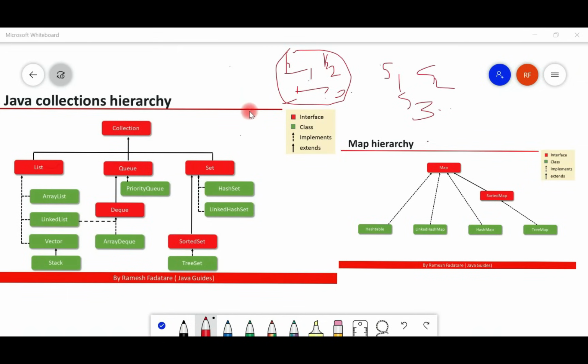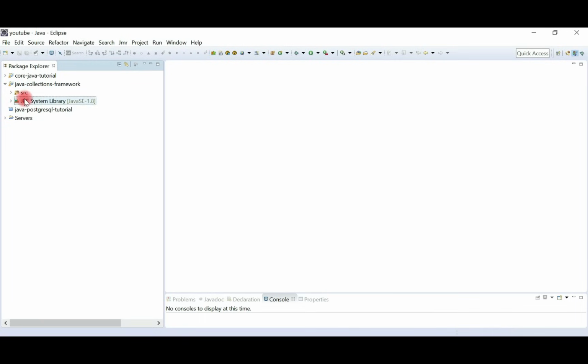Now we theoretically understood the collections framework hierarchy. Now let's see how the collections framework hierarchy is implemented in actual core Java packages in action. Let's go to the Eclipse IDE, and we have created a Java collections framework project in one of the previous videos,